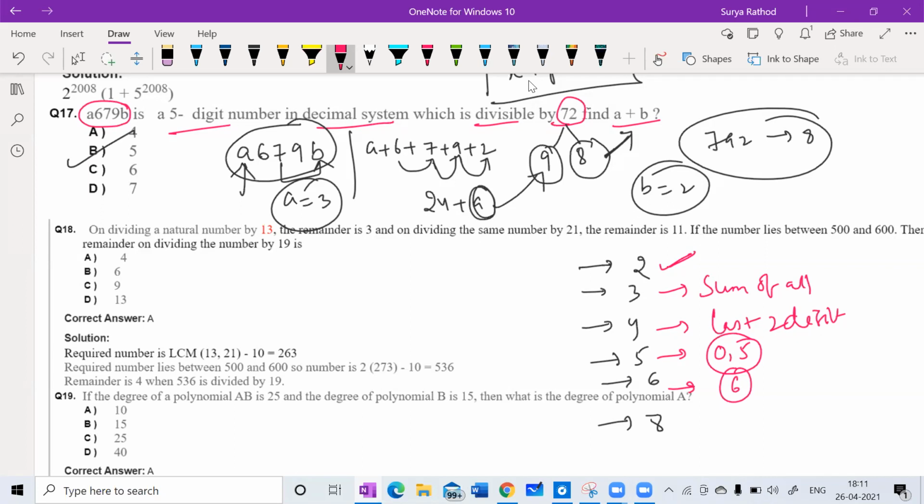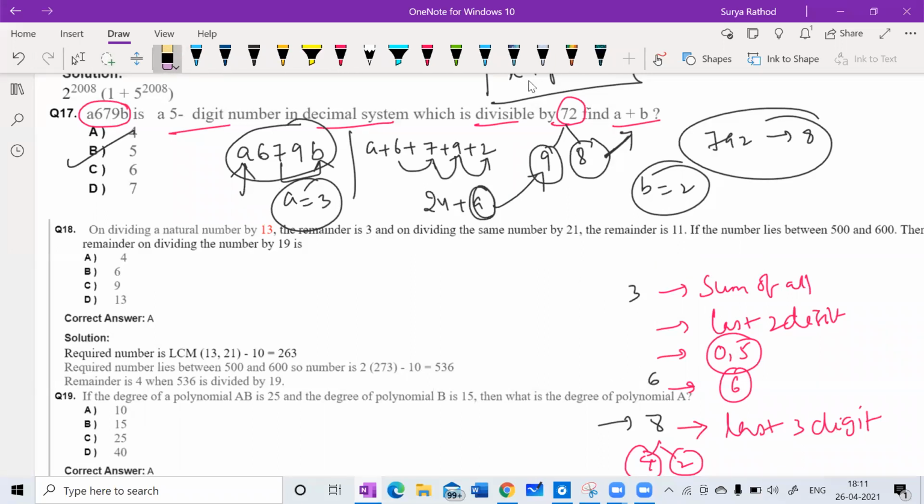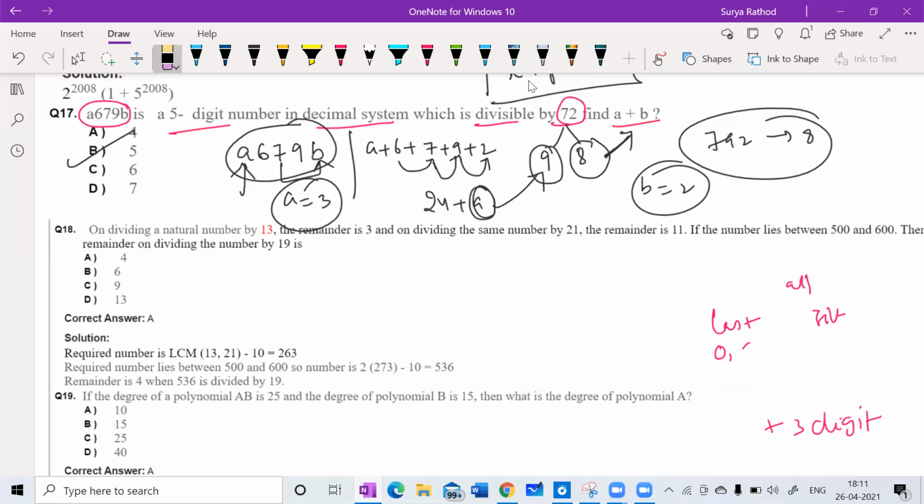If it is divisible by 6, it is divisible by 2 and 3. Why? Because 6 is a multiple of 2 and 3, right? Now 8. For checking 8, you look at the last 3 digits. Or you can look at it like 4 into 2: check divisible by 4 and divisible by 2, then go further. Or else you can check the last 3 digits of a number. This is a shortcut which you really need to understand. This you might have learned in your lower classes.